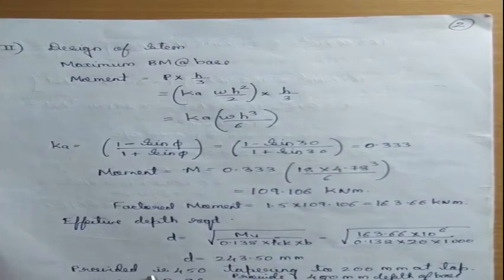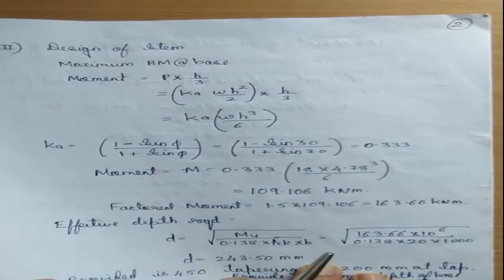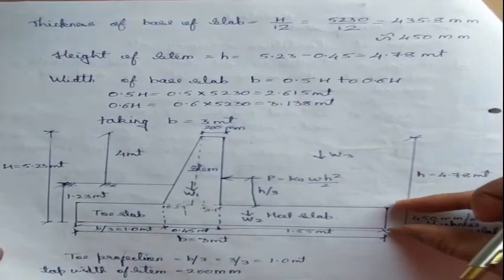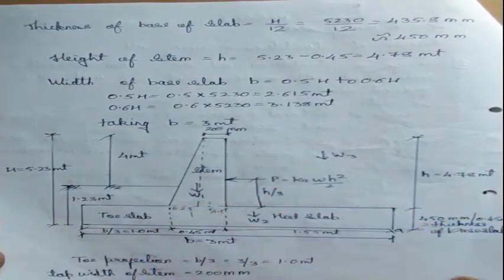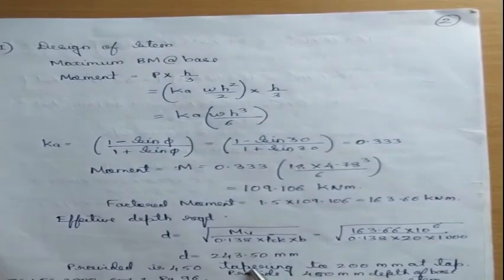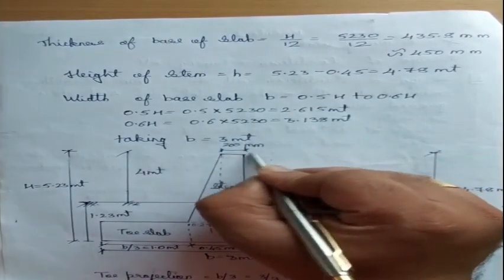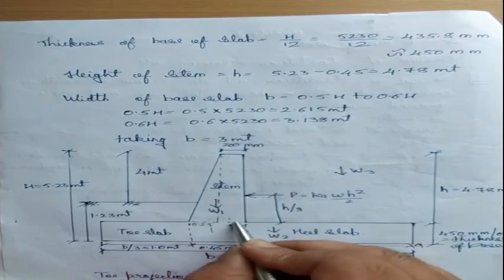We will provide the section as 450. As I said, though it is 243, for reasonableness I will provide the depth as the width of the stem at the base. Now we have got the dimension of the stem. The top dimension is 200 mm, which tapers downwards to 450 mm. So this is how we have regularized the dimensions. The top width is 200 mm and the bottom width is 450 mm.